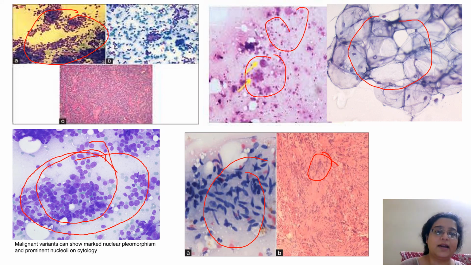Now this is some sort of an adnexal tumor. Okay, you can see this pink material in the lumen, and then small round blue cells surrounding it. This could be a spiradenoma. Okay, same over here, and then this is the histopathology image of that. So this is an adnexal tumor. This is a malignant adnexal tumor. This you are going to confuse with a BCC, because they also have basaloid cells, and sometimes in spreading, due to air artifact, they become small and round and blue. So you need to look at the patient, look at the clinical picture, then interpret your slide, and of course go for the histopath and immunohistochemistry.